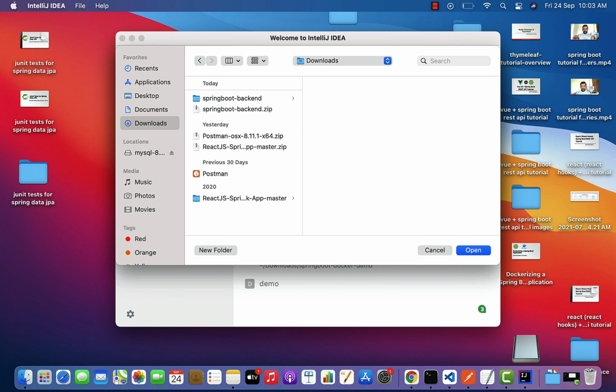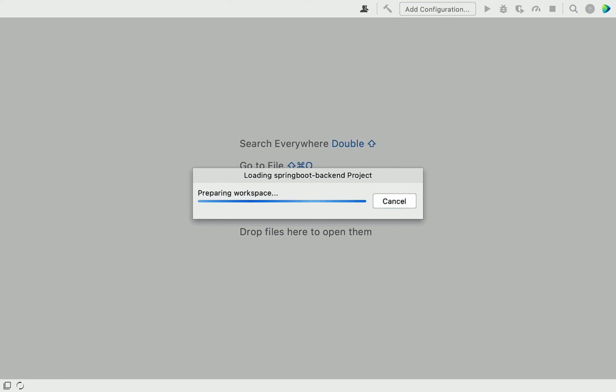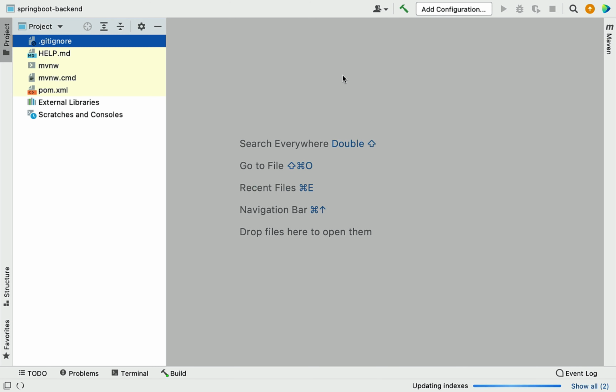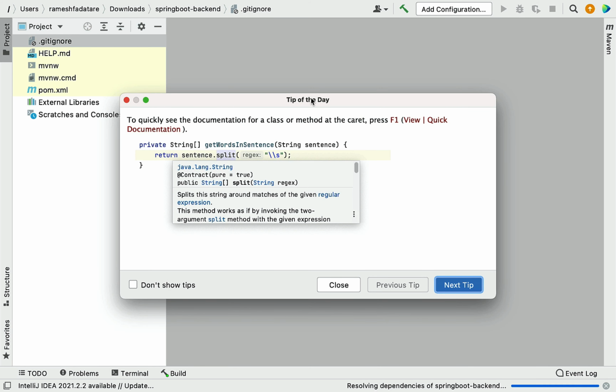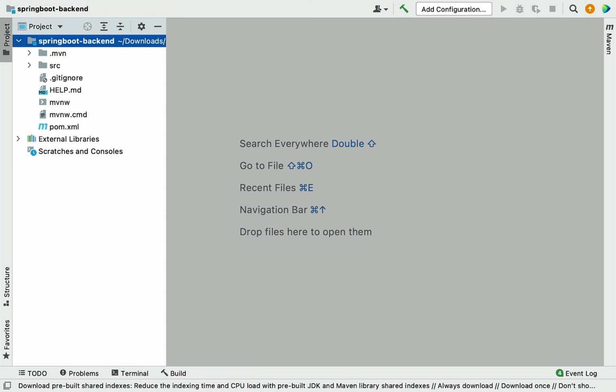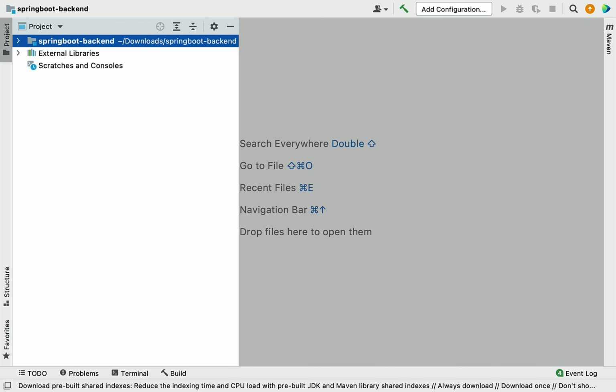My project is downloaded under the downloads folder, so I go to the downloads folder, select the springboot-backend project and open it in IntelliJ IDEA. This will take a couple of seconds to import the Spring Boot project properly. Alright, our Spring Boot application is properly imported in IntelliJ IDEA.